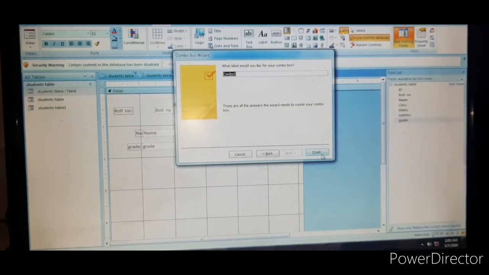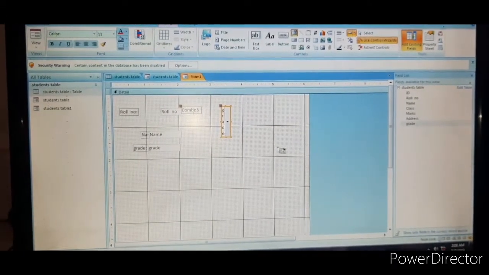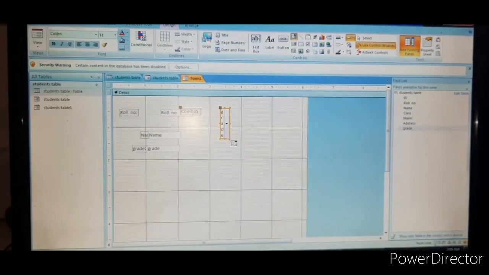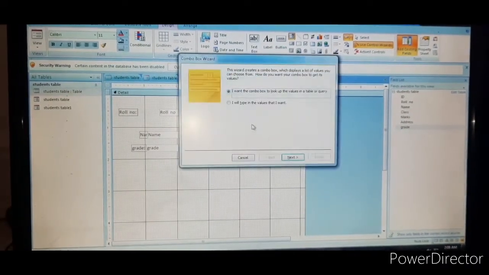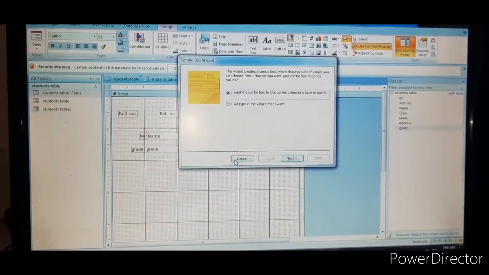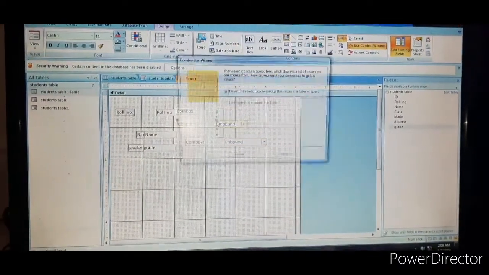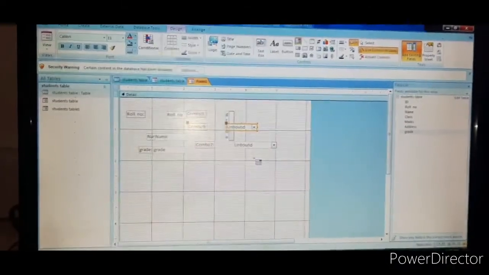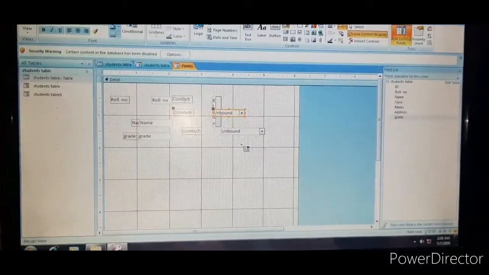Okay, then you click on finish. Then you see this one children, like this it will come. You can adjust this one. Like this you can see all this, combo, continue with the wizard.